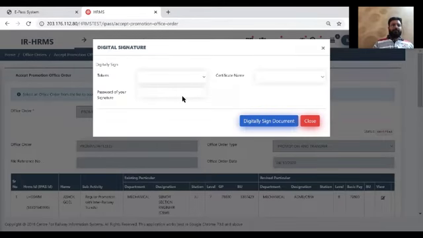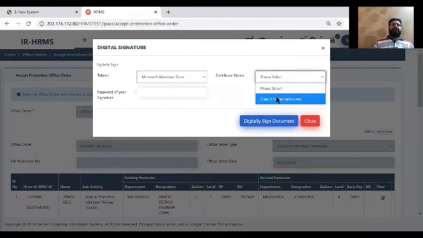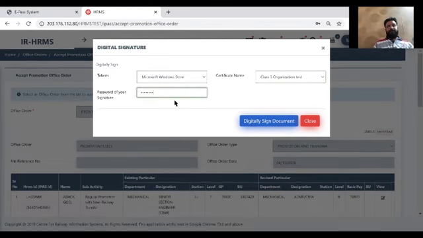So to issue this office order, I have to sign it with my digital certificate. So at this time, I need to put my digital signature device into the system. And the thing I have to make sure is that once this digital device is issued, at least one time I have changed my password. From the issuance of the device to date, my password should have been changed at least once. So the default password that comes with the devices is not working here. We are blocking the default password for security reasons.